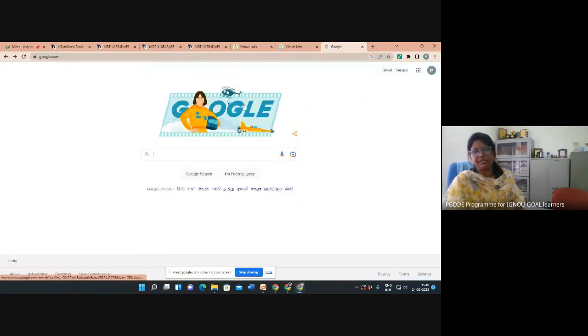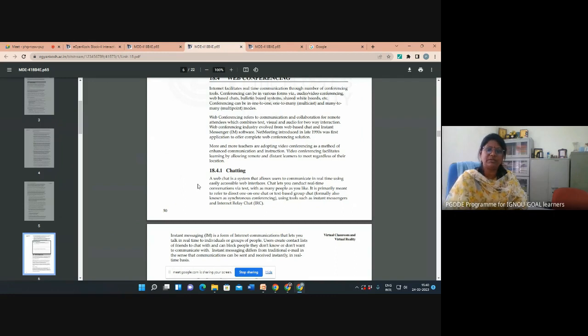You can type anything and it will answer you. Suppose you want to know about virtual lab, you just type it and it will immediately tell you what a virtual lab is and all the details. So it's an AI-based chat facility. What you want to know is in your hand, because you no need to go to Google and search. It gives an instant reply.